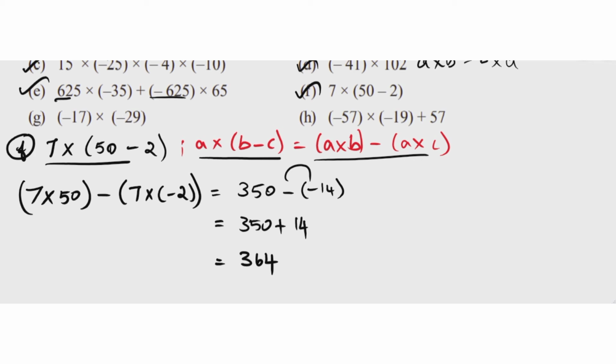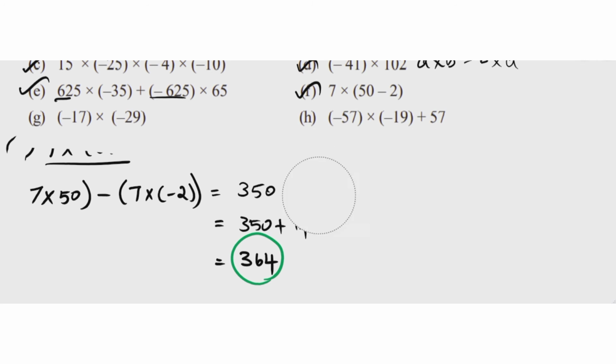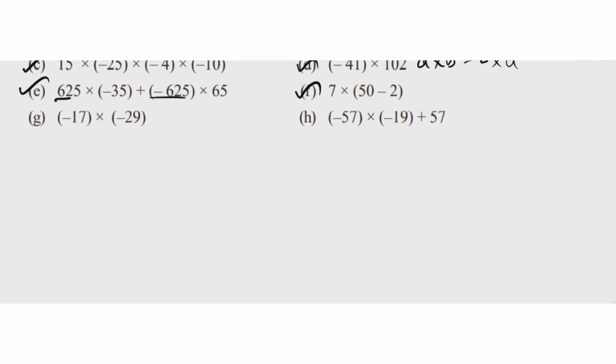So 7 multiplied by 50 minus 7 multiplied by minus 2. Minus into minus is plus. So 350 plus 14, we get our answer as 364. Okay, I hope you understand. Now we can move on to the G question. Yes, sir. So moving on to the G bit,